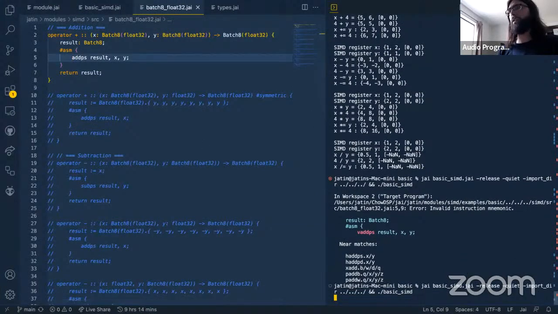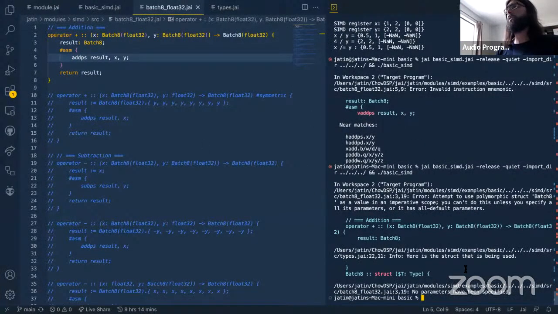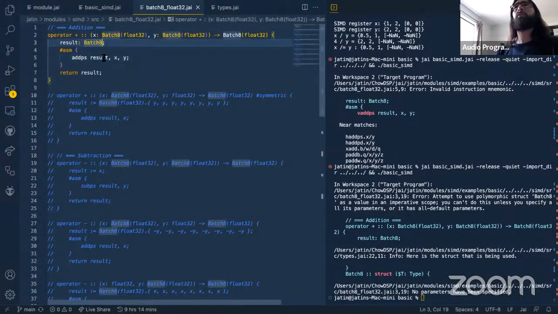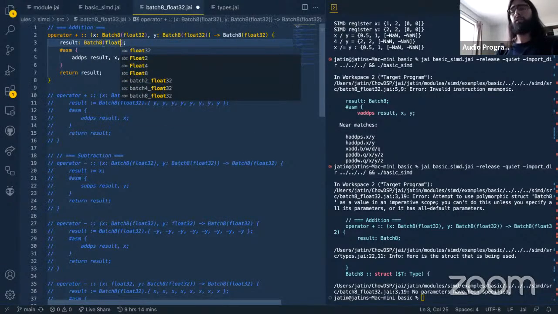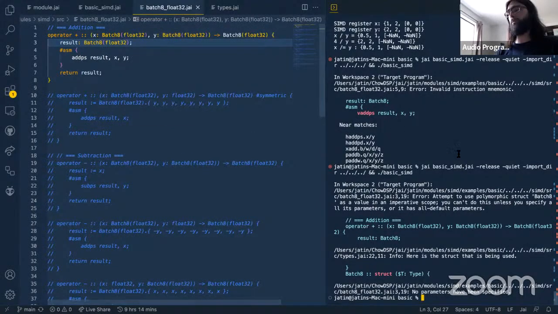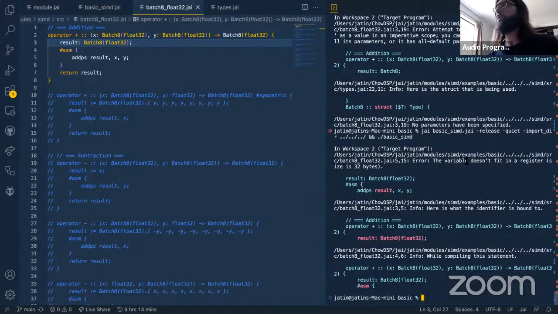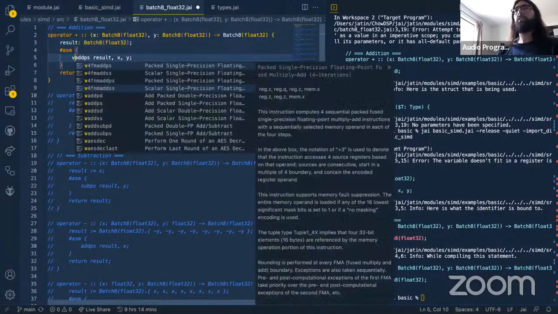Maybe I just call it regular add PS. Attempt to use polymorphic struct batch 8 as a value in an imperative scope. Okay, we've got other problems here. Variable doesn't fit in register, size is 32. Okay, so it seems to think that